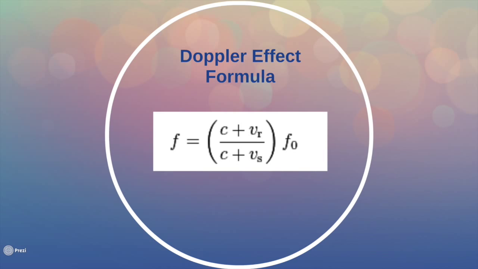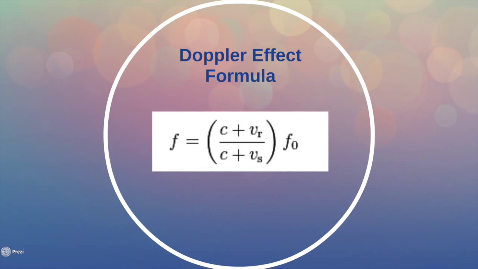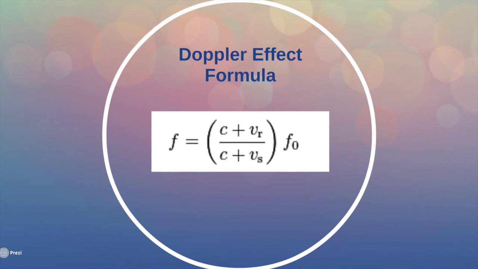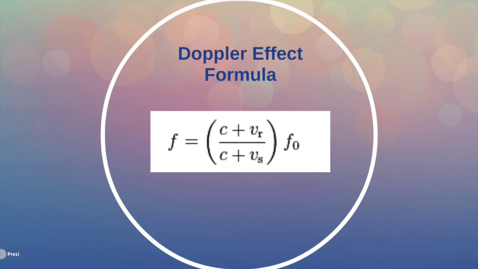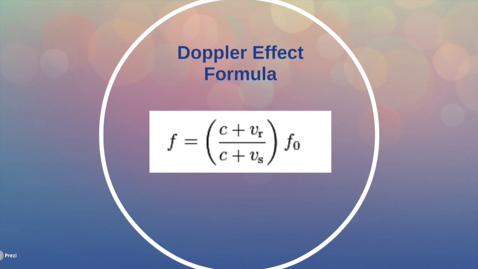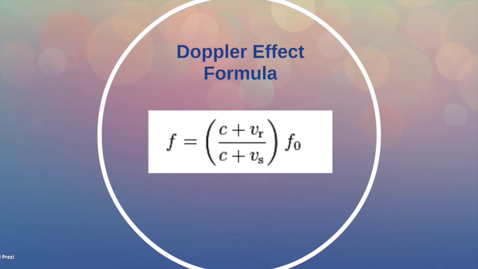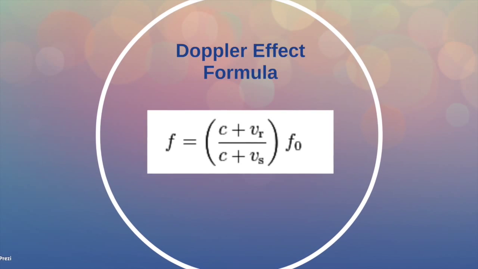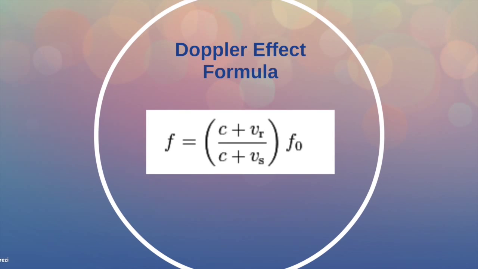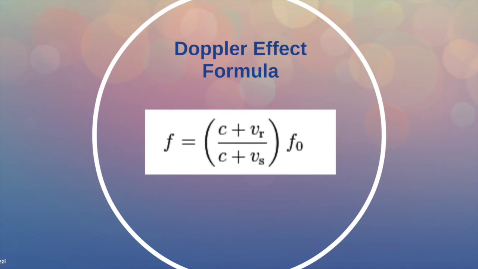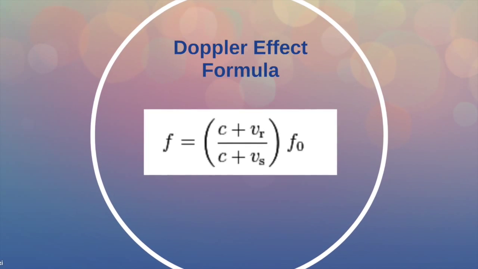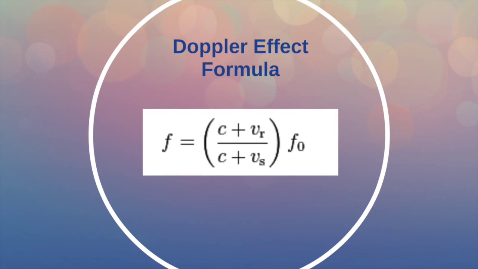Let's get a little technical here. In classical physics, where the speeds of the source and the receiver relative to a medium are lower than the velocity of waves in the medium, the relationship between observed frequency and the emitted frequency is given by the above equation, that is F is equal to (C plus Vr) divided by (C plus Vs), multiplied by Fo,